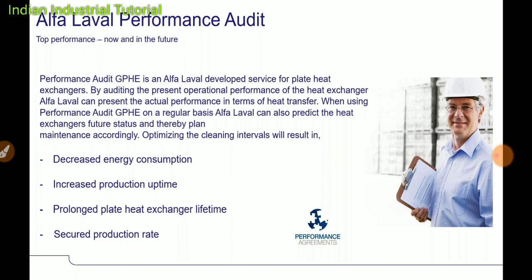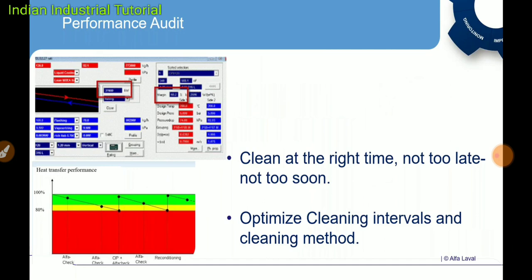We take readings, and in our system we put those readings to analyze where the heat exchanger is. It's like this many kilowatts of heat transfer are being done today, and X is the design value. Then that factor gives the percentage of efficiency of the heat exchanger. If it is lower than 80%, it goes into the red zone, and we spot that date and recommend that after 3 months or after 6 months, this heat exchanger needs cleaning by a cleaning in place unit.